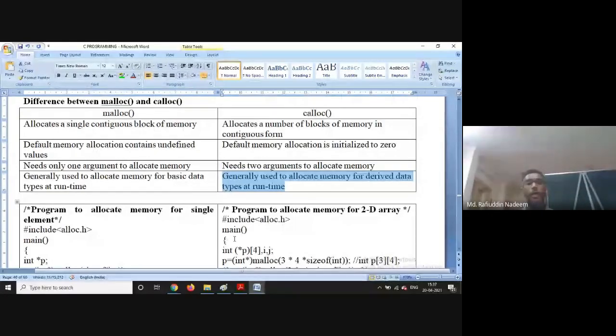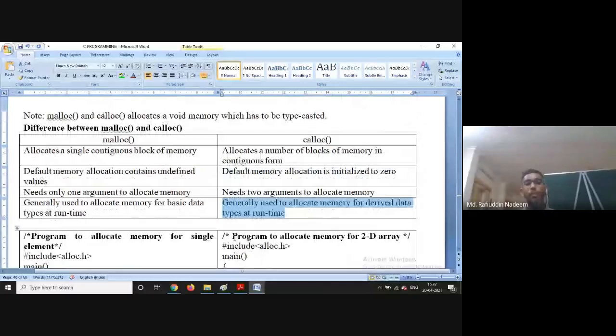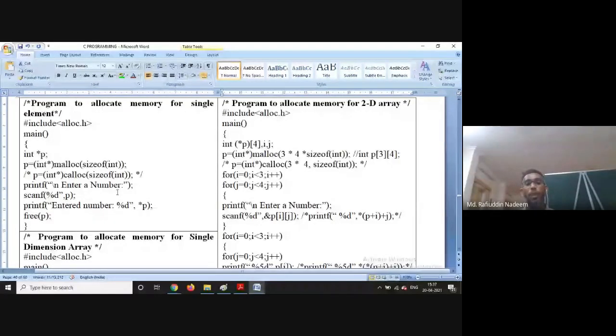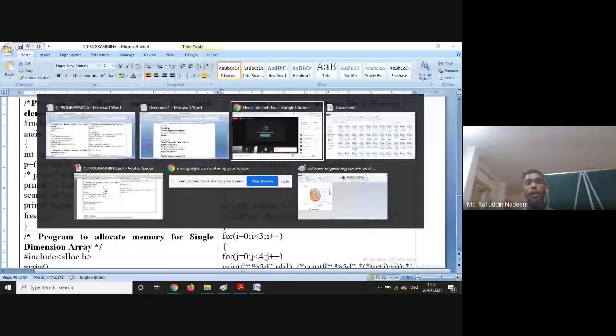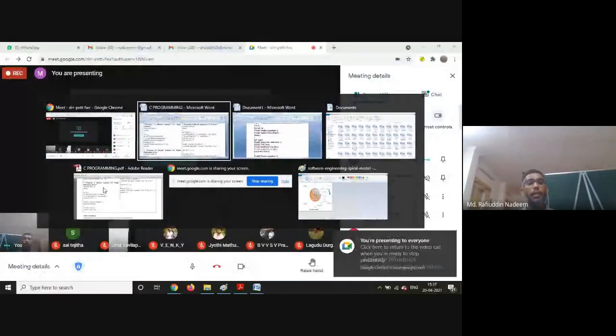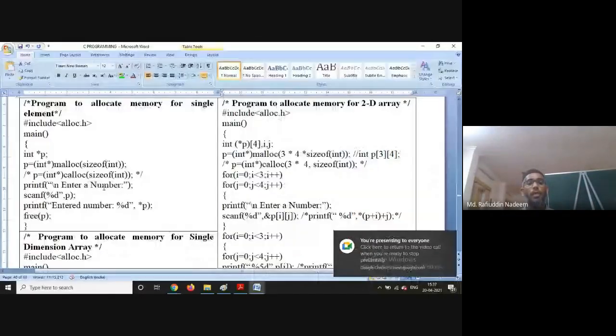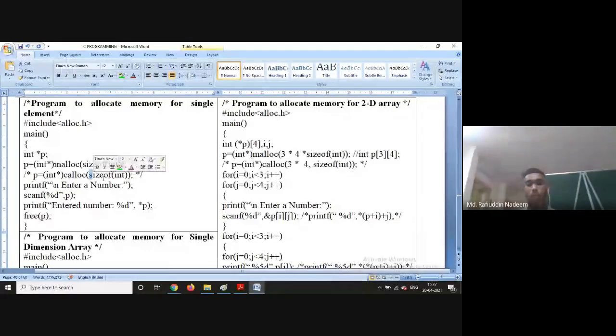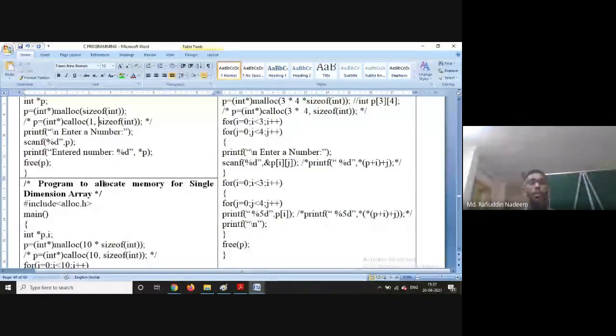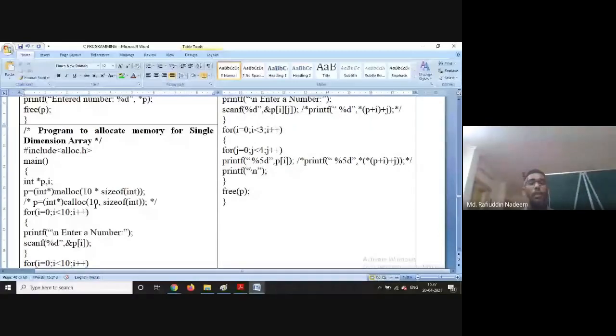Right, so that's why I mentioned in the program also. If I mention in the program, see here, p is equal to calloc of size of integer, actually here you should say 1 comma size of integer. Whereas in case of here you can say 10 comma, because I want to store 10 elements. So 10 elements are mentioned separately, then the size of each element is mentioned here.